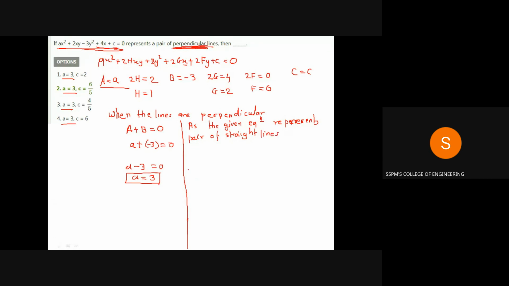As the given equation represents a pair of straight lines, we can write, remember this another formula,